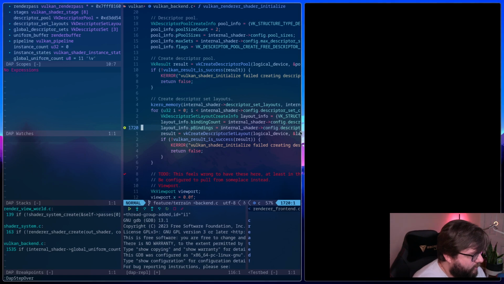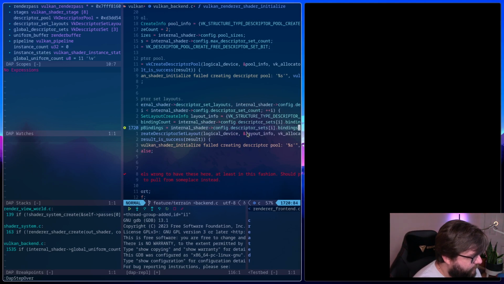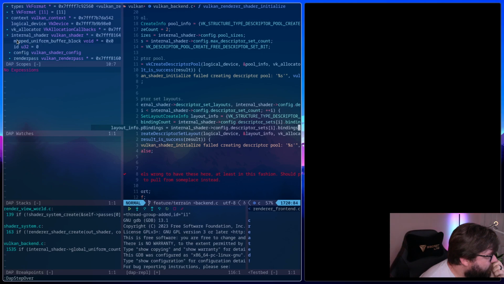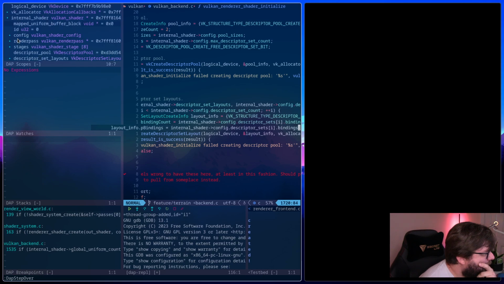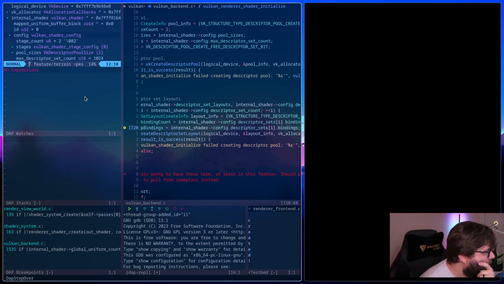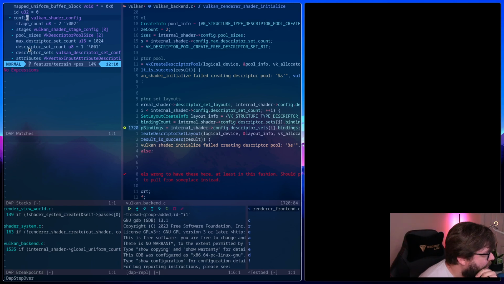So this is where we have all of our bindings. So internal shader config. Descriptor sets. That is a hard-coded array of 2, but we only have 1, so we only care about the first one. Here are the bindings. There are 2.